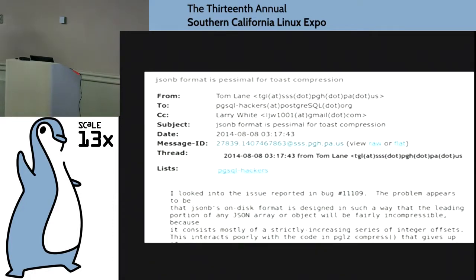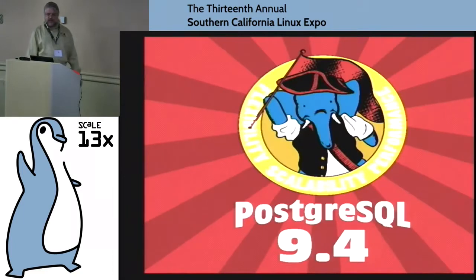That's what happens in open source. Our other option had been pulling JSONB out of the release, which would really not have been very popular, because maybe not here, but up in Silicon Valley, which is where I work, I knew a lot of people who were using the beta in production. So that would not have been a popular idea. So we went ahead and we just released late.